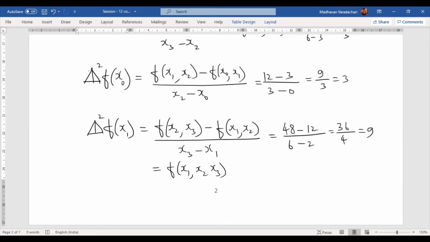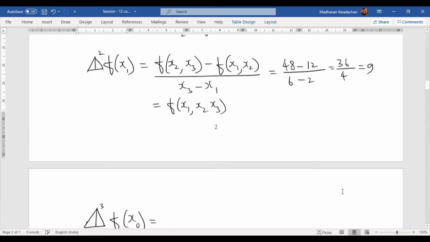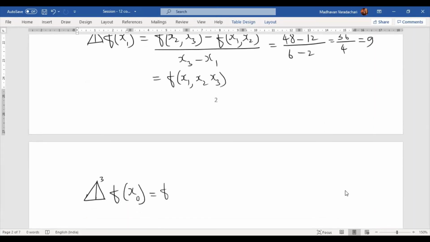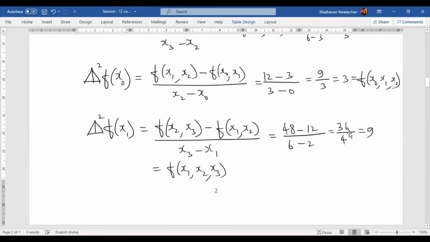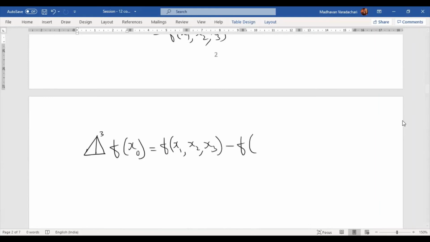This can be written as f of x0, x1, x2. So I can write this as f of x1, x2, x3 minus f of x0, x1, x2 divided by x3 minus